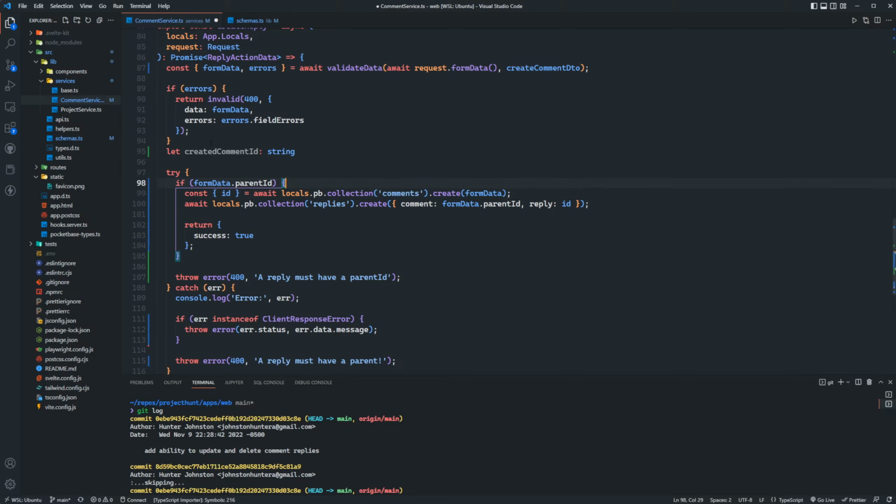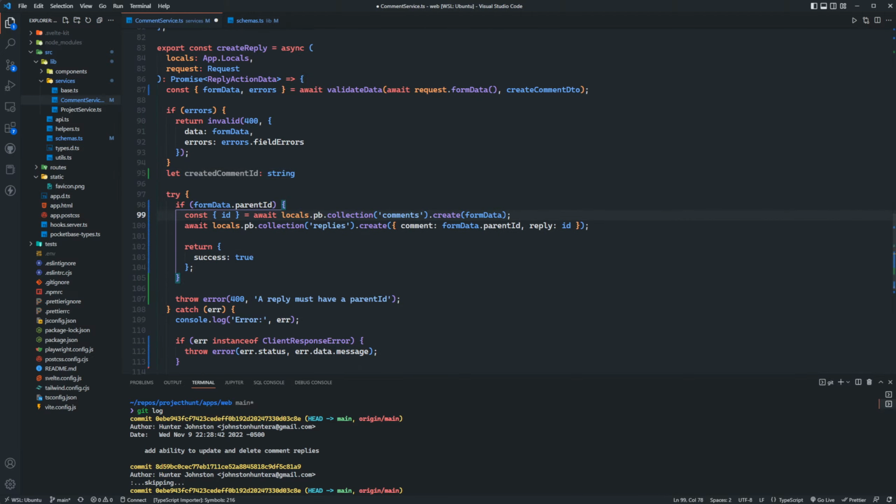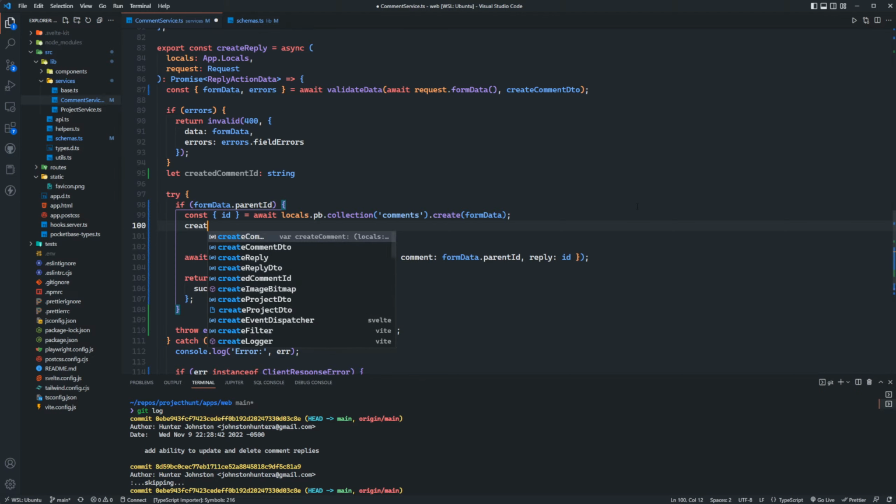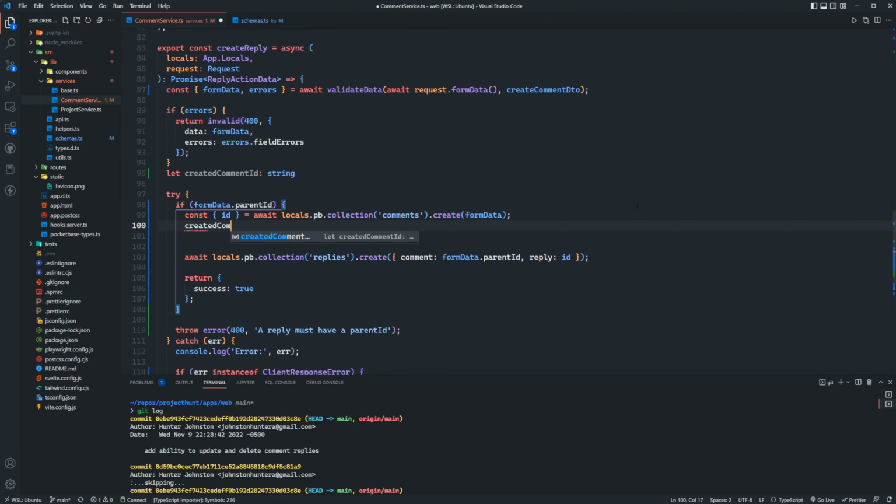It does move the needle. It's facts. Let created comment ID is a string. And what I'm going to do is I'm going to update that to this. And then,